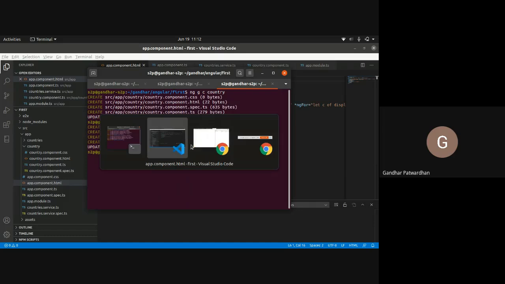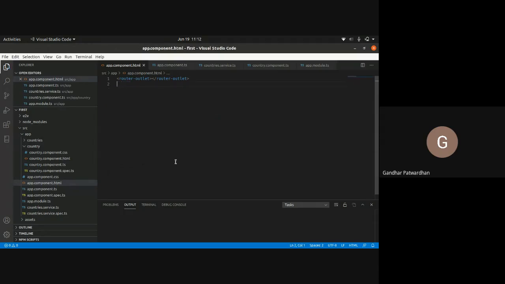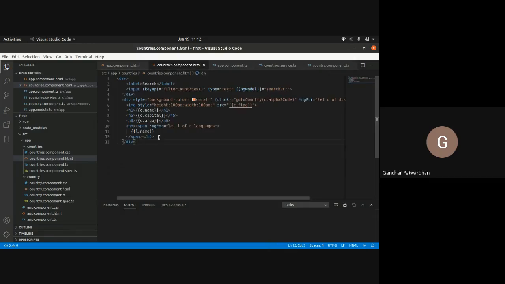So I created another component, countries. And in my app.component.html, I will copy all these things into my countries component HTML. I simply copy this.